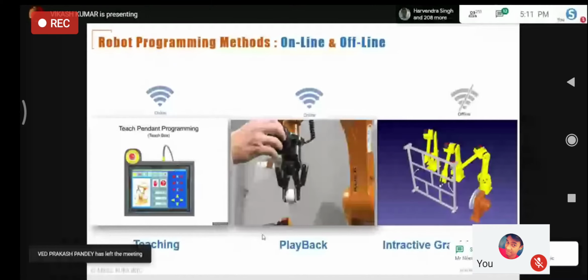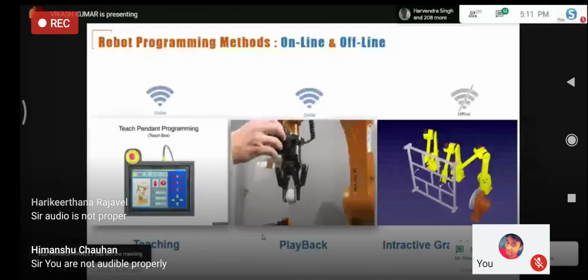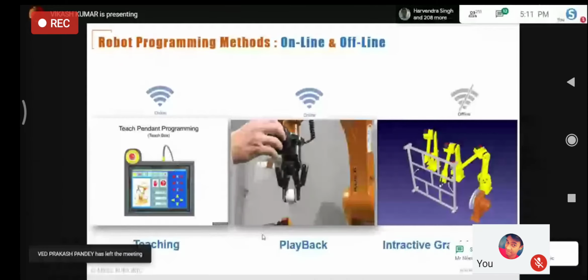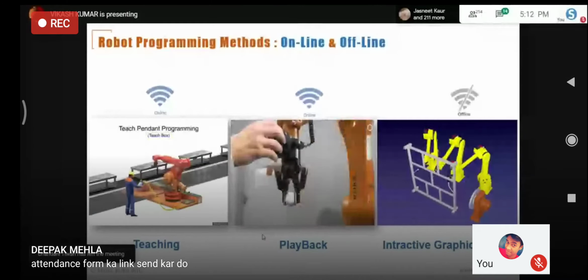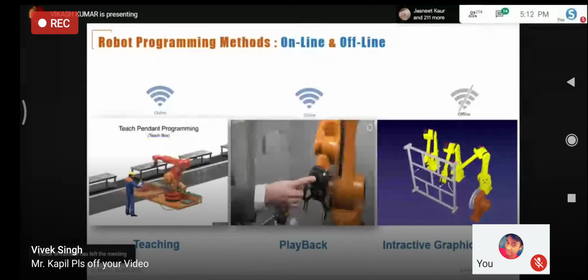Today, while we cover three applications, I will give you a feel of these two programming methods: the feel of teaching as well as the feel of the offline programming method. If we go with the teaching method, that is the first one.